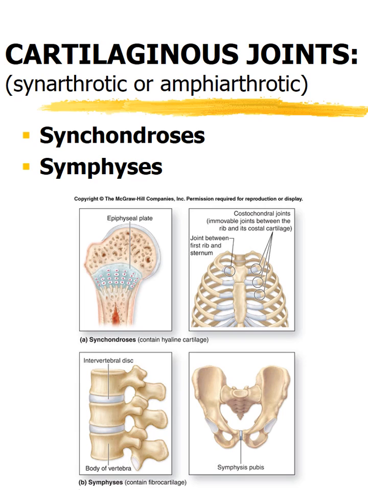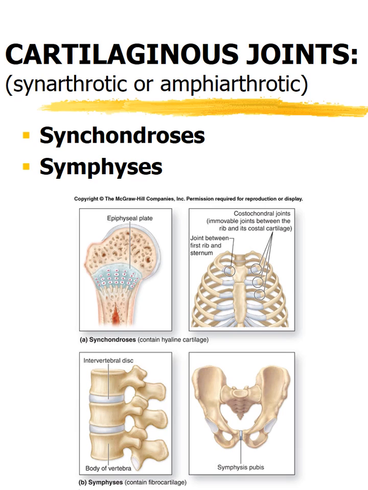One example of a symphysis is the pubic symphysis, which is found between the right and left pubic bones. For example, slight mobility occurs in women who are pregnant and undergo childbirth. The pubic symphysis allows for movement of the pelvic bones to allow the fetus to pass through the birth